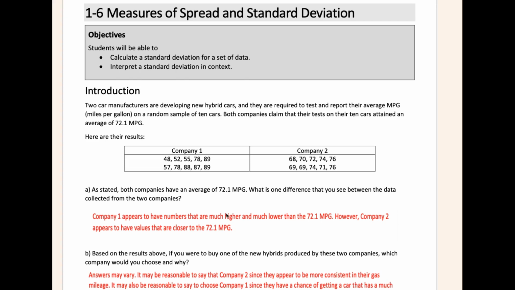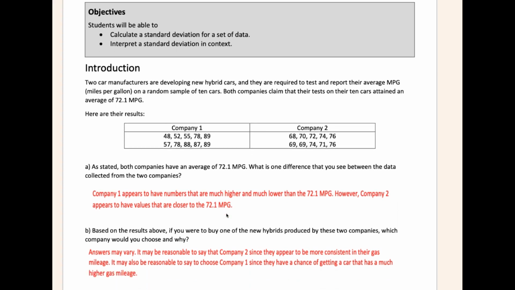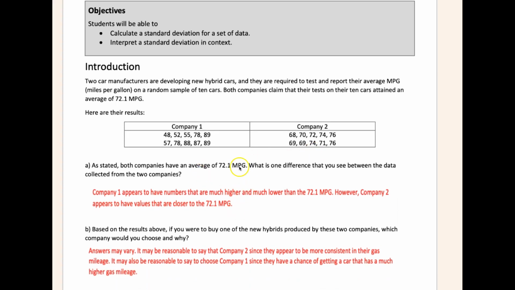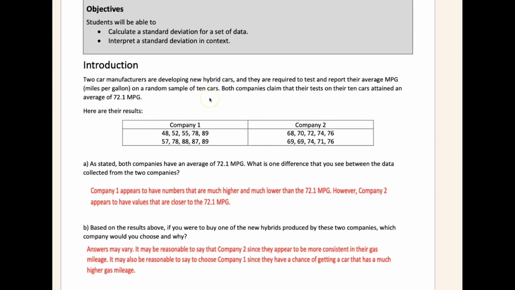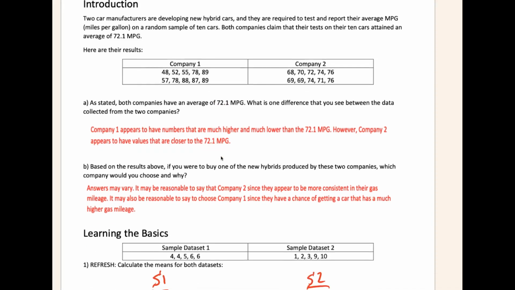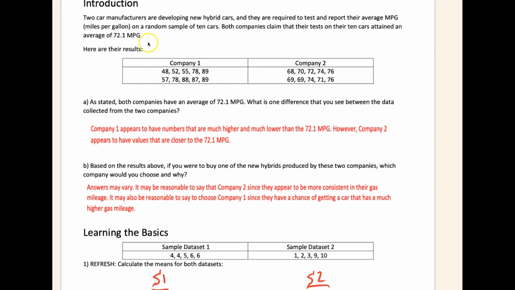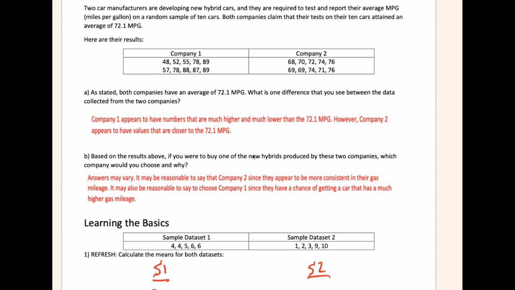And so to introduce you to this idea of spread, imagine you have these two companies that produce a new hybrid of cars, and several of their cars were tested, and the miles per gallon per car was recorded. And as you can see here in these two companies, the average for both of their cars is 72.1. And so now looking at these questions here,